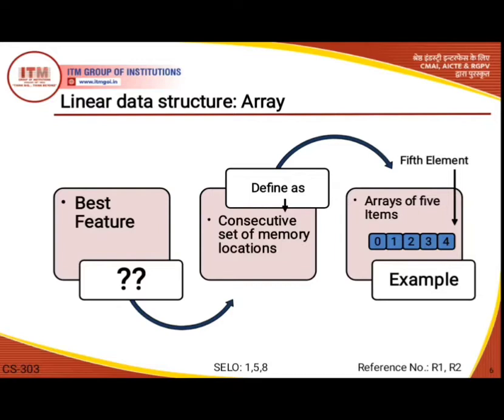So just keep this in mind, that this is one of the best features, but still there are some constraints. An array is a set of pairs of index and value, and for each index which is defined, there is a value associated with that index. So in other words, we can say that it is a representation in the form of mapping. We can easily understand this by taking a simple example of why we need an array.